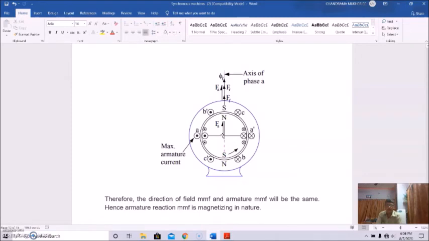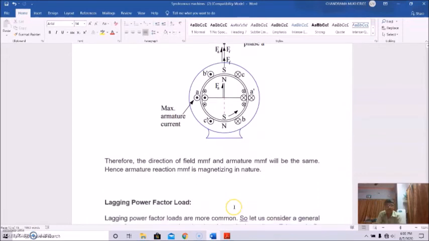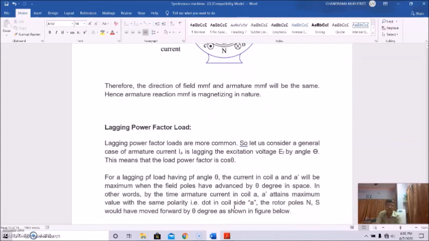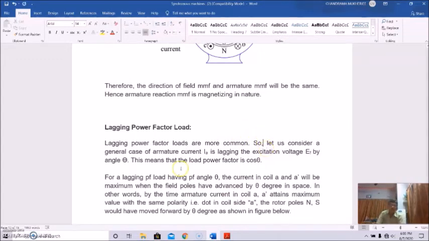So this is actually field MMF and this is FA. So the resultant MMF will be more. Therefore the reactions of the field MMF and the armature MMF will be the same. Hence armature reaction MMF is magnetizing in nature. Okay. And lagging power factor load: if we consider the lagging power factor load, we consider the general case